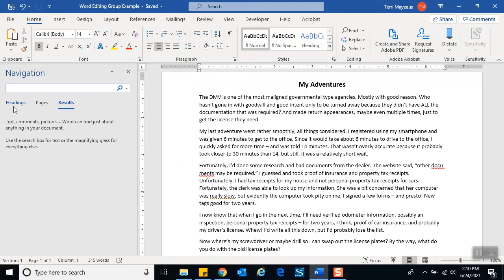Now, the navigation pane has more than just the results of a find. It also has, as you can see where my mouse is pointing, headings. So if I have a document that is styled with headings, it would give me a list of those particular words that have heading styles. To the right of that, pages is kind of navigation. It shows you thumbnails of each page, and you could go very easily from page 1 to page 5 by simply clicking thumbnails. But what we're interested in today is this Results tab,